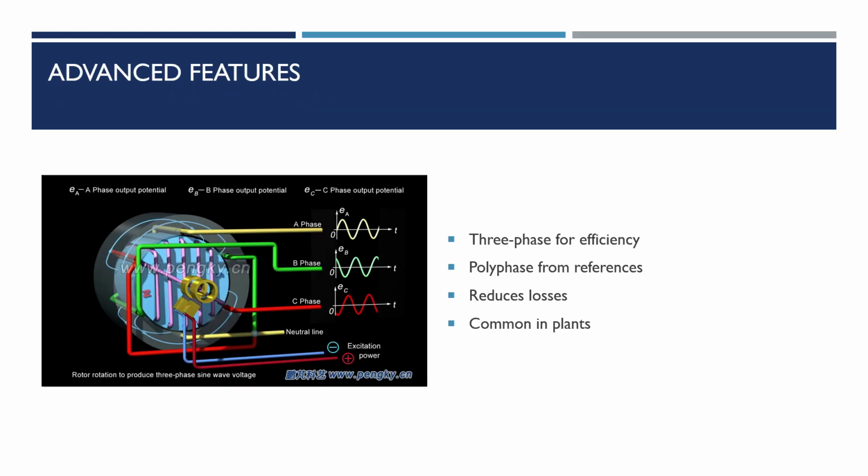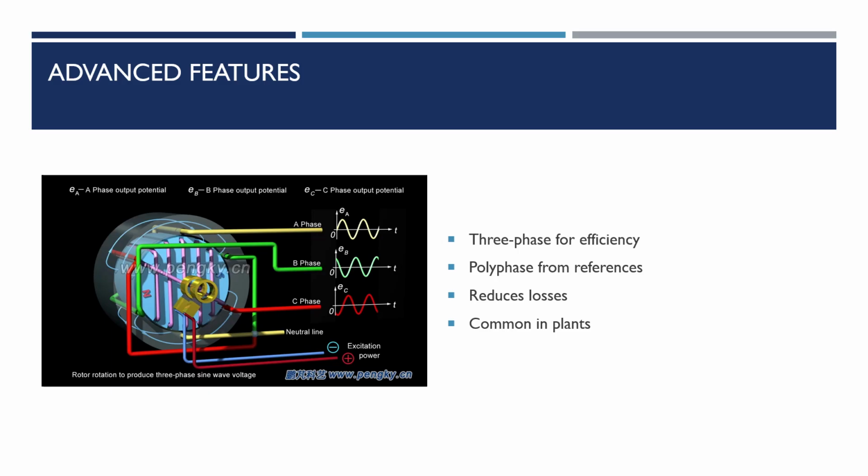While single-phase power is what we use in our homes, large-scale generation relies on three-phase power, which is the most significant advanced feature in power generation. Three-phase means the generator has three separate coils, spaced 120 degrees apart within the magnetic field. This arrangement produces three separate AC voltages that are all equal in magnitude but are offset in phase by 120 degrees from each other. The term polyphase simply refers to any system with more than one phase, with three-phase being the most common.